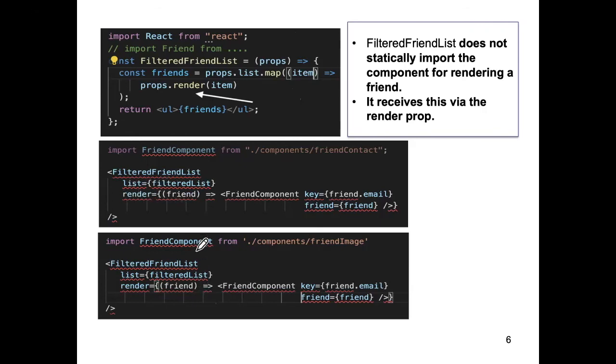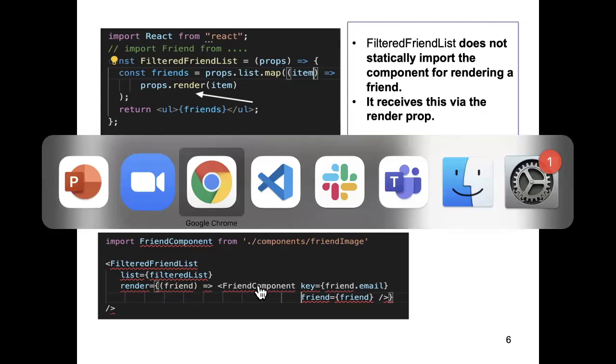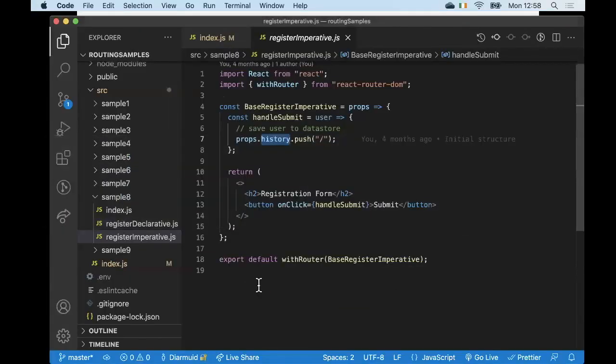Here's a second example. In this case, I'm importing a different component. This is the component that's going to render a friend name and their image. And I'm invoking it in the exact same way. That's quite tricky now. The application itself, you get as an archive. And if I just quickly pull it into VS Code,